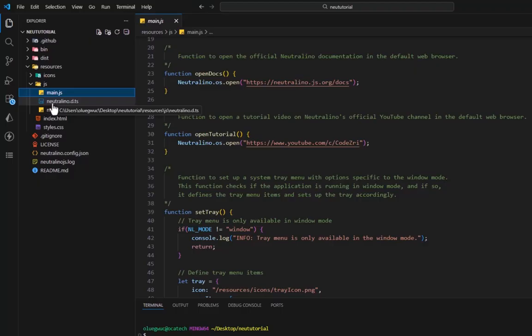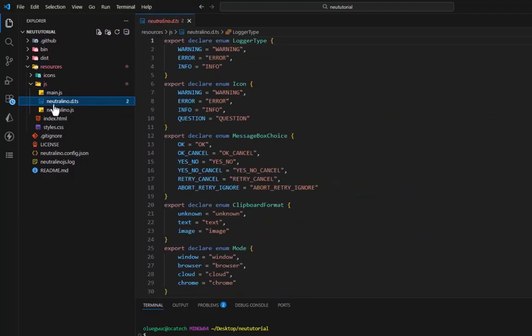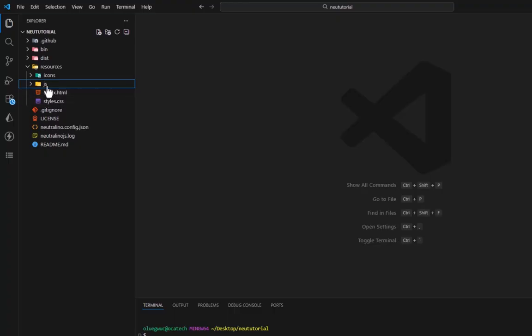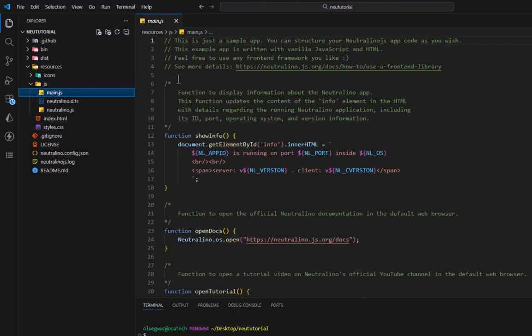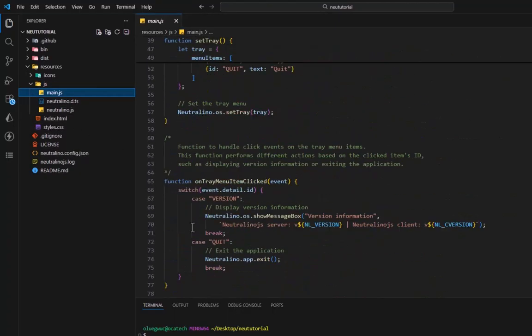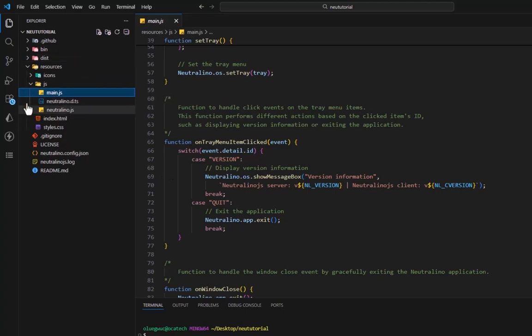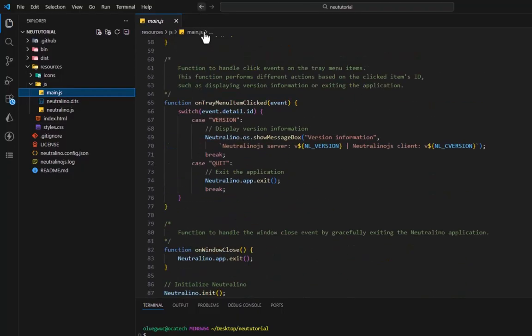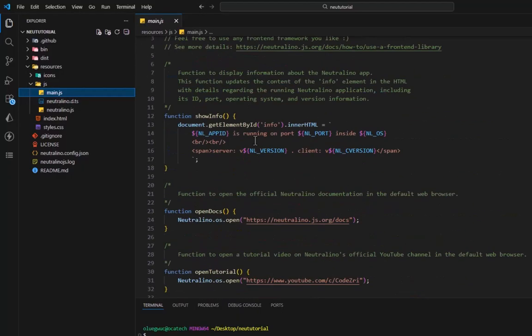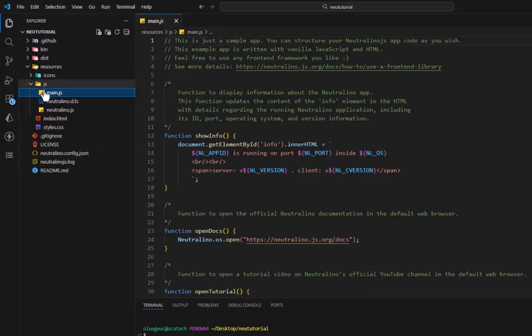We have neutralino.d.ts. This one is a TypeScript file. So these two files, neutralino.d.ts and neutralino.js, are added by default. So you don't need to change anything inside these files. Your custom JavaScript is going to appear inside the main.js or any other JavaScript file you provide. We are going to get rid of all these things later, but I just want to show you the interface, the folder structure. In the next lesson, we are going to explore the